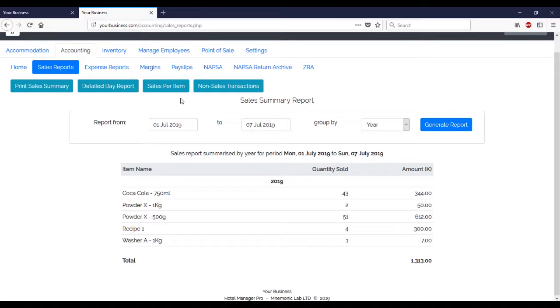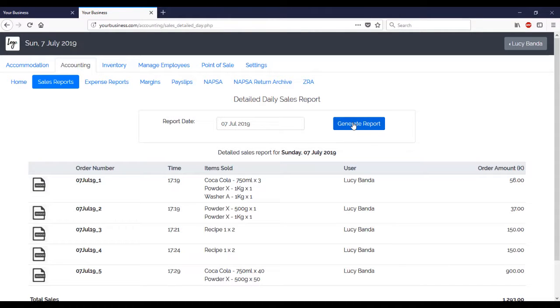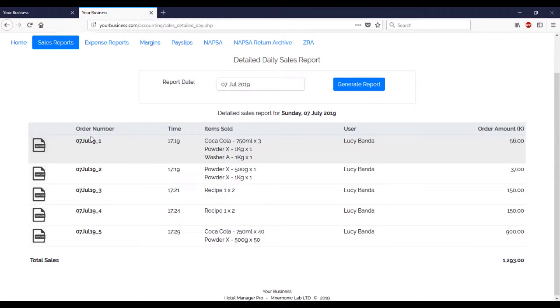If a transaction was performed in error and you would like to reverse it, the first step is to locate the order number for that transaction. To do that, you head over to the detailed day report and then run the report. The order number that you're interested in is the order number that was generated for that particular entry. For instance, if this transaction was a duplicate of the first one and we would like to reverse it, we